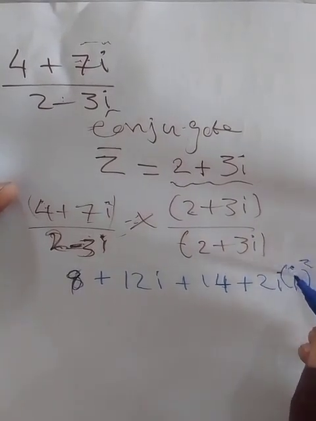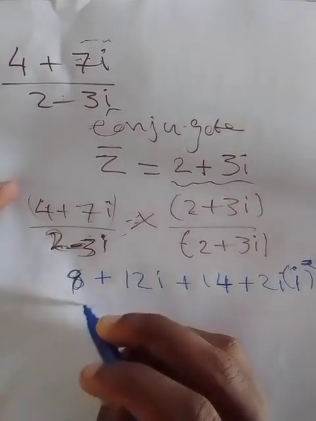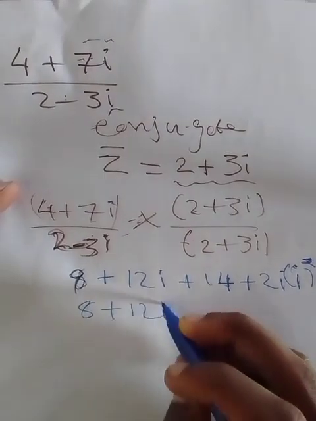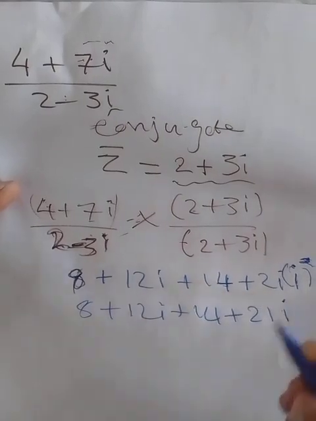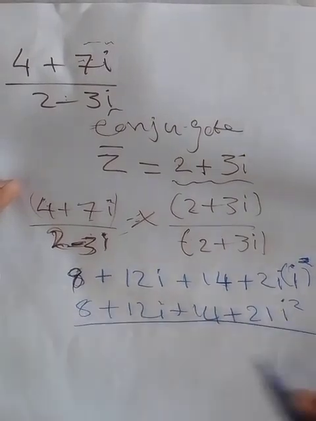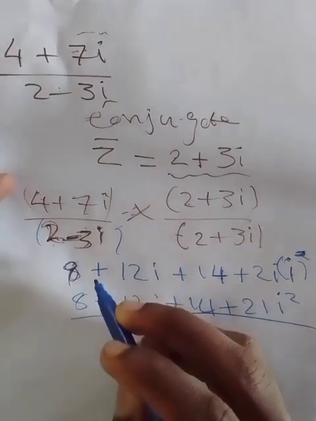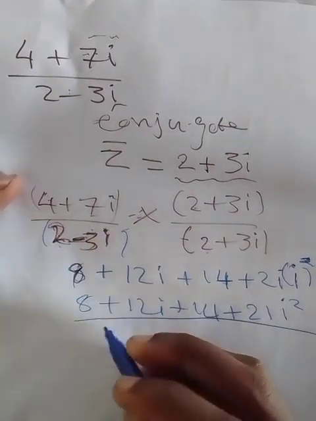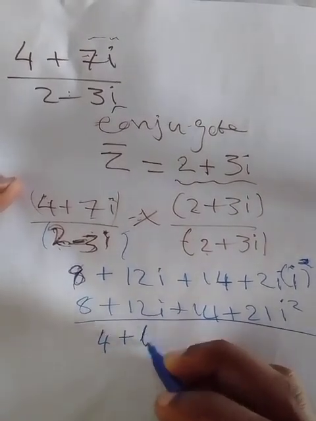Let me write that again. 2 plus 12i plus 14 plus 21 i squared. Okay, and then divide by, now multiply the denominator. So you're going to say 2 times 2, that is going to give you 4. 2 times 3, that is going to give you 6i, and then negative 3i times 2, that is going to give you